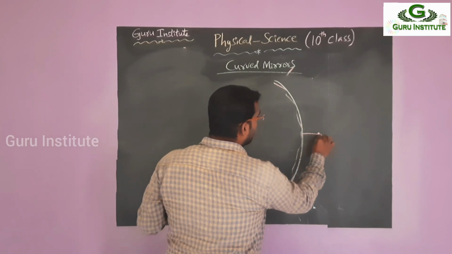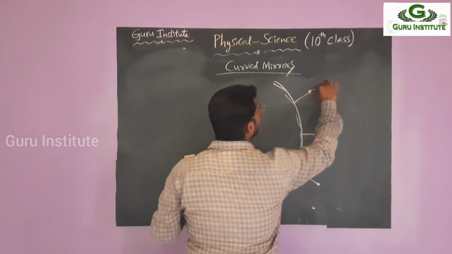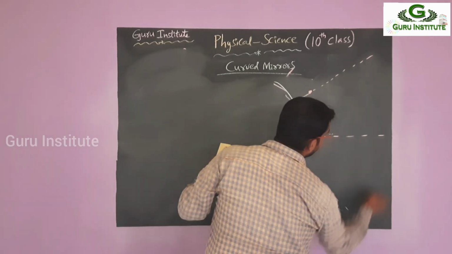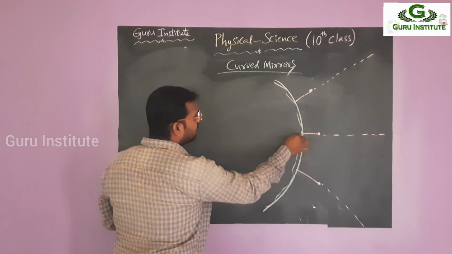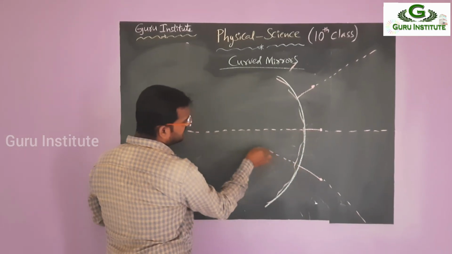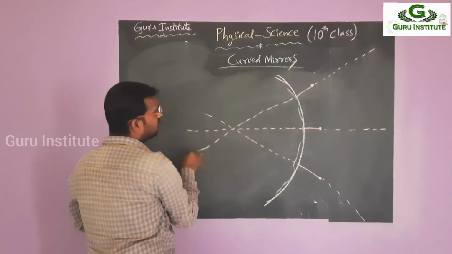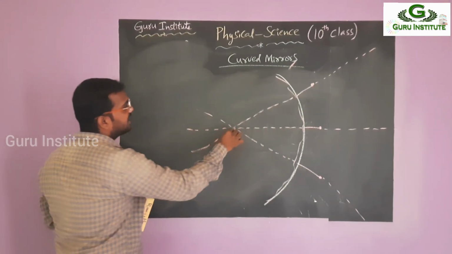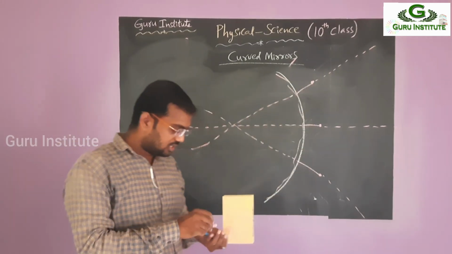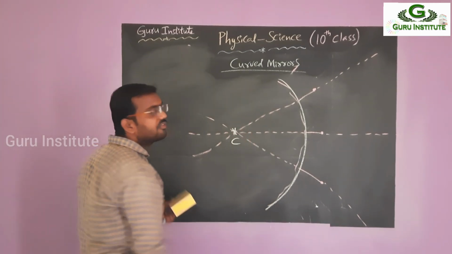The middle one as it is. This is the bottom one, this is the top one. I am extending like this. They are not meeting here. Why? Because they are deviated. But if you extend it back side, they have a chance to meet at the back. So whenever we extend back side, they meet at this point. The normals' meeting point is known as the center of curvature. Already we saw this in the concave mirror.